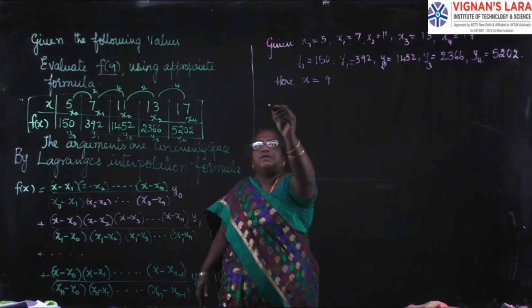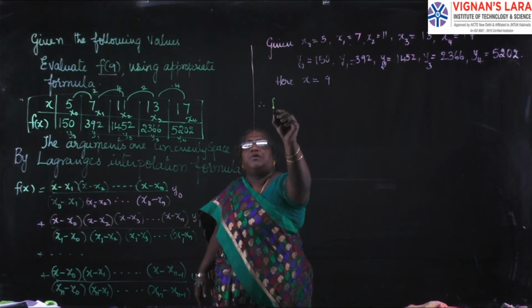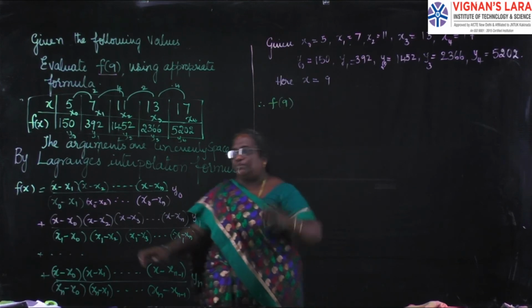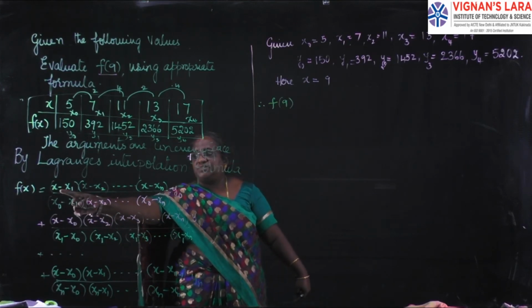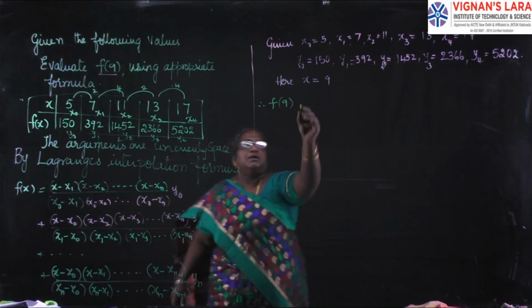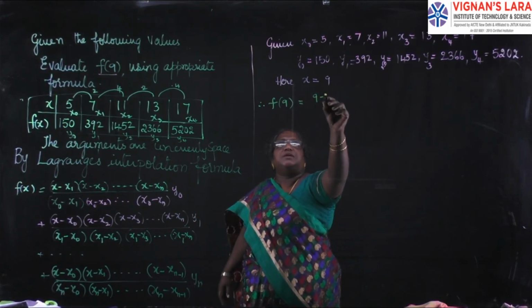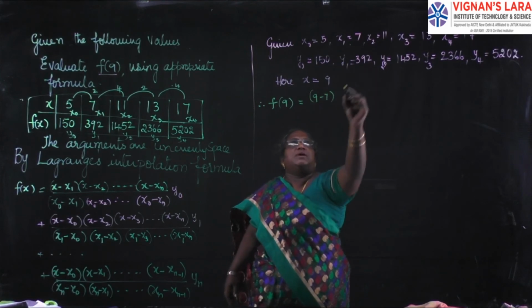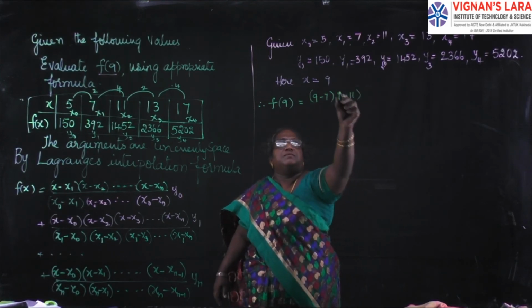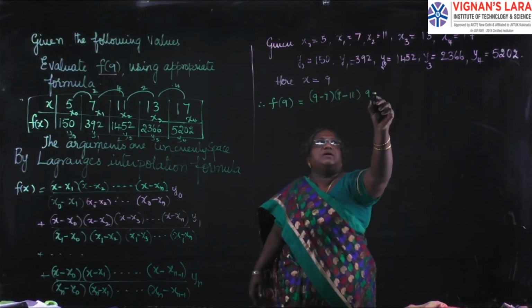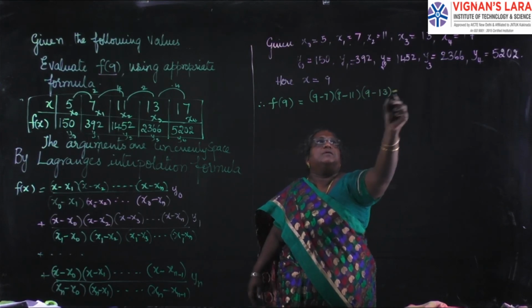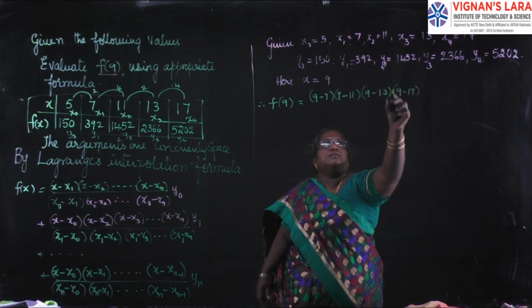So f of 9 is equal to (9 minus 7)(9 minus 11)(9 minus 13)(9 minus 17) by